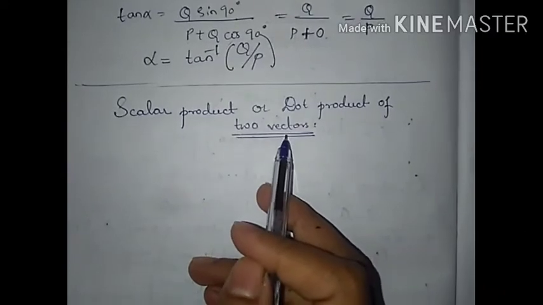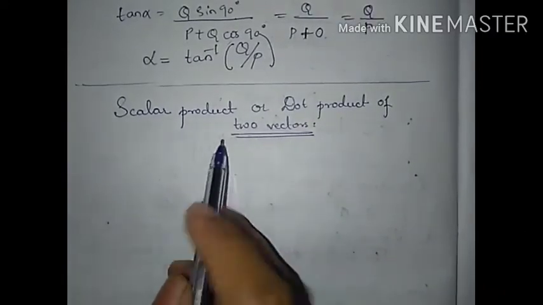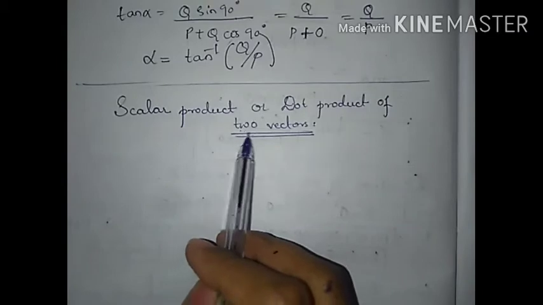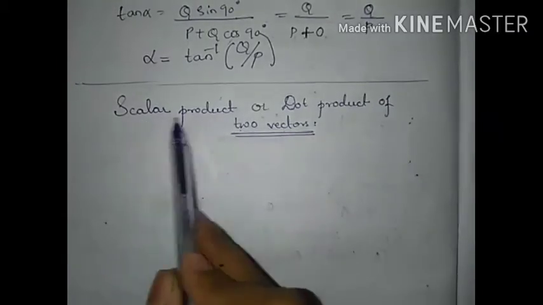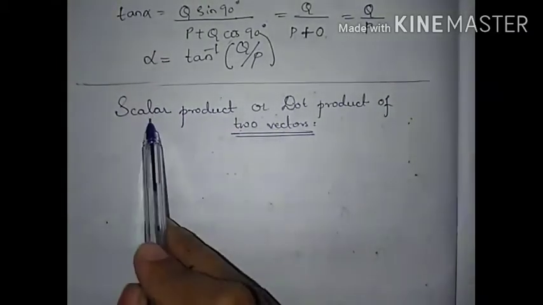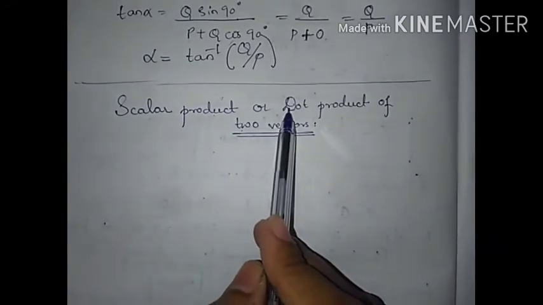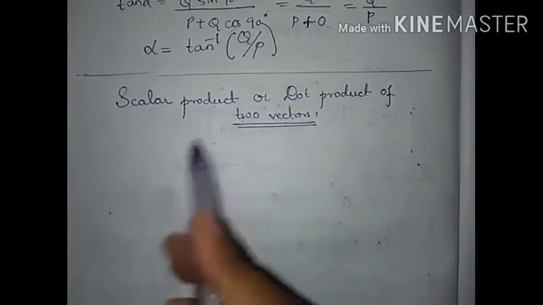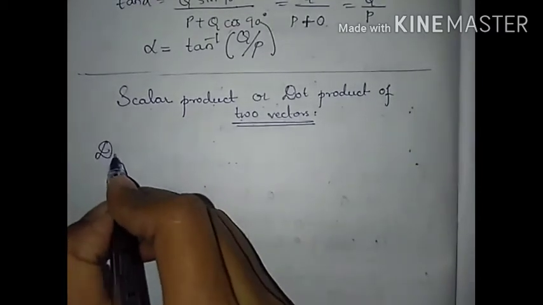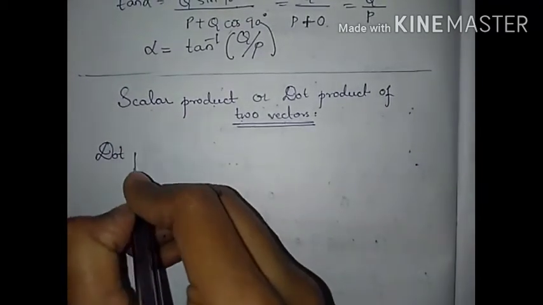You have two vectors, and with these two vectors you have to find the scalar product, which is also commonly known as the dot product. So the dot product of two vectors is defined as